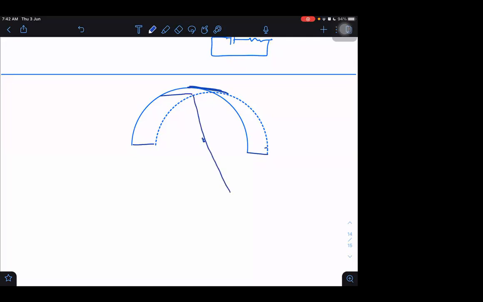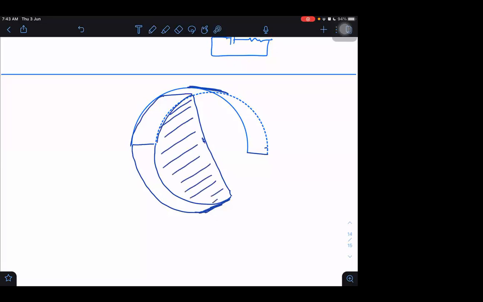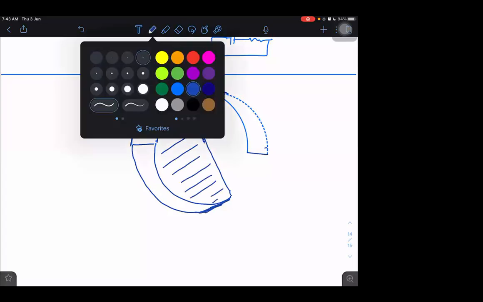semicircular dielectric. Already some part is already inserted. This part is already inserted. I'm making the upper plate transparent so that you can see the dielectric there. This upper plate I'm making dotted because I'm assuming, let us make it transparent so that you can see what's happening there inside it.